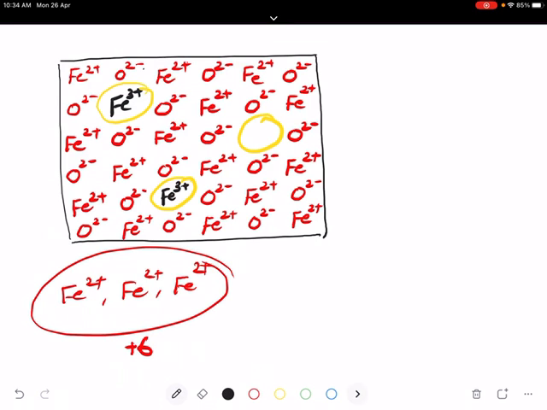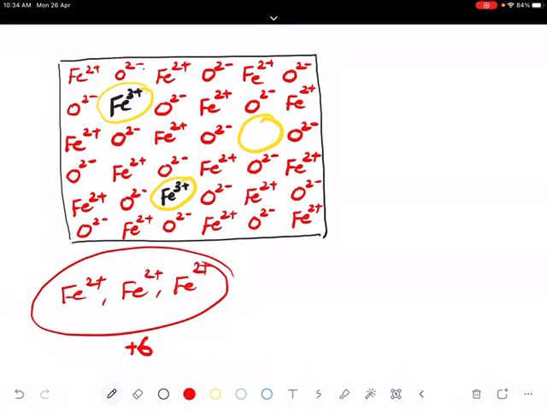Now what happens here? Here it is empty. Electrical neutrality is maintained. Now gaps are created, interstices or voids are created. Electrical neutrality is maintained, that is required for an ionic crystal. What happens ultimately? The